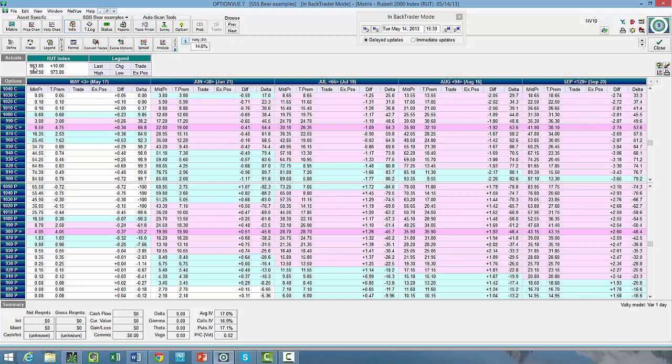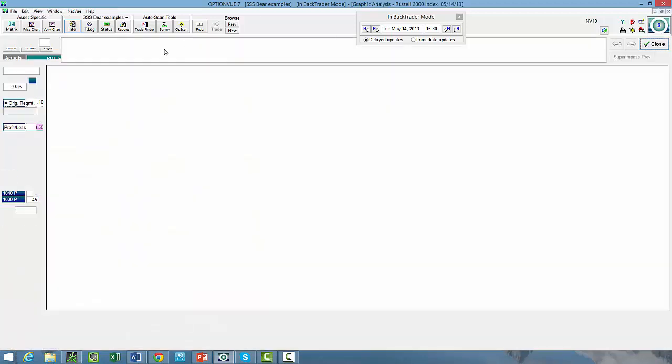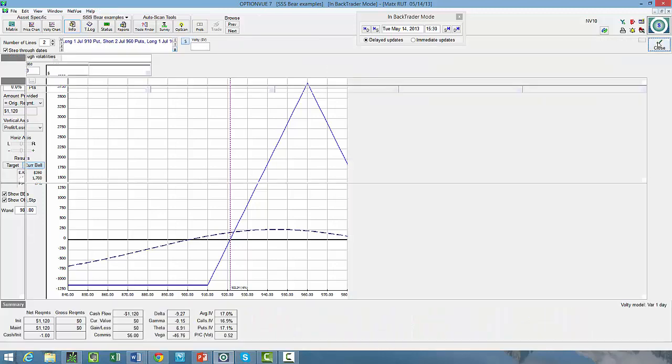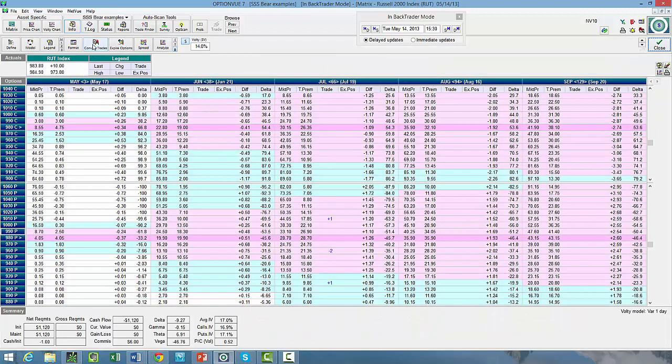We're at 983, between 20 and 30 points under that is 960. So I come to my 960, which is here. I can sell 2. I buy my wings. Again, in Thinkorswim, this is just a regular butterfly order. I take a look at my analyze graph. This is the position we would be entering here. So I go ahead and close that. I convert that